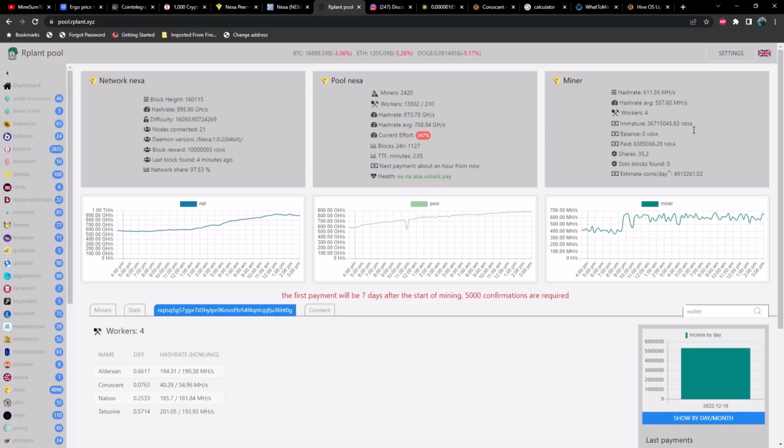Obviously, I'm sitting at about 650 mega hash, so if you're anywhere lower than that, it would probably take, I would think, at least 3 to 4 days to get a payout if you're sitting somewhere around 600 mega hash. So, yeah. Anyway, looking at the difficulty here, you can see it has gone up significantly, and it's kind of odd to see a differentiation between the net hash rate and what is on our plant, because essentially all the hash rate is on our plant, so I'm not sure why there's a discrepancy between the two,